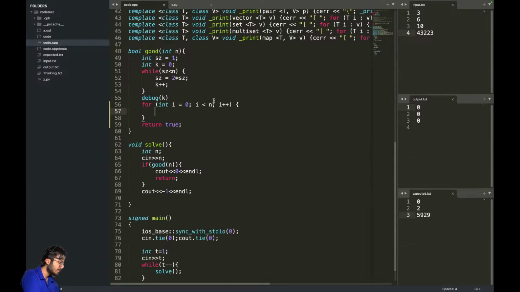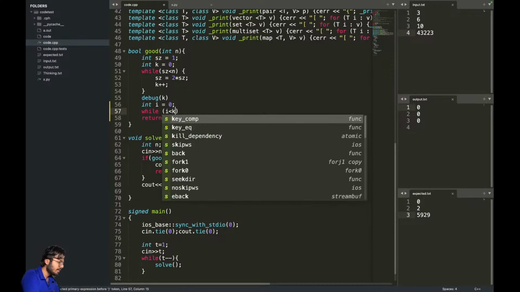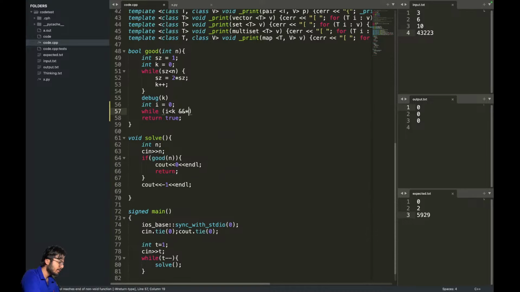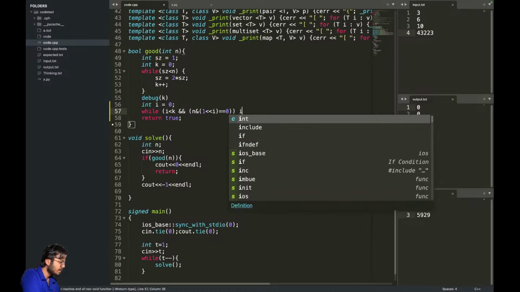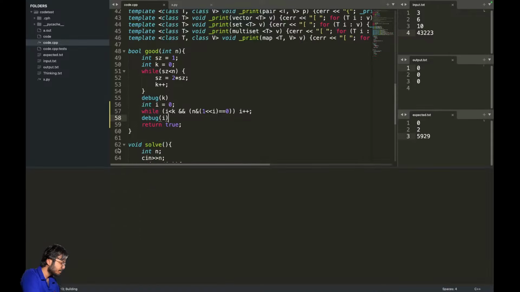So let's say for i in range k, first of all, I want to skip the values where, I mean, let's say while int i equals 0, while i is less than k, and n and 1 less than i equals 0, then I want to say i plus plus, then debug i. So first of all I had a 3, then I said okay,